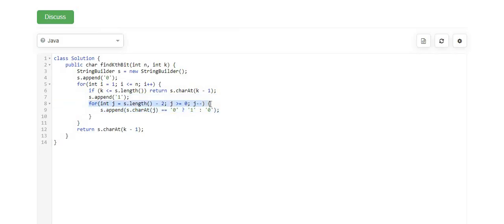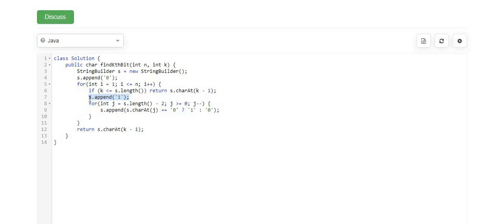Why am I doing s dot length minus 2? Because the string is zero-based indexed, so I have to start the j loop from length minus 1. But the last character I appended is the 1 value, and I don't want to consider that 1 inside my reverse operation.